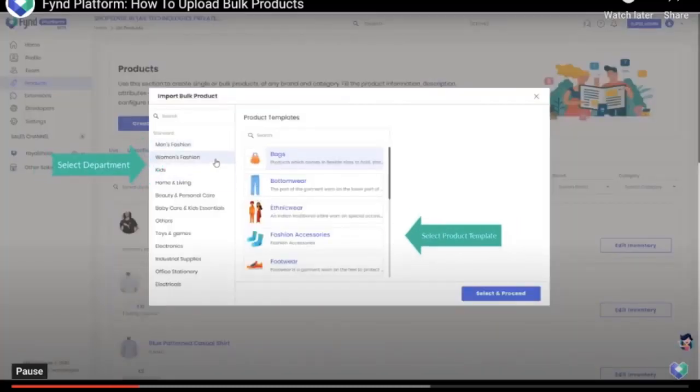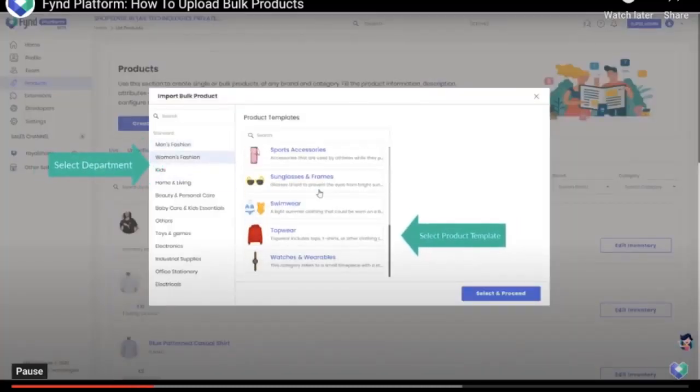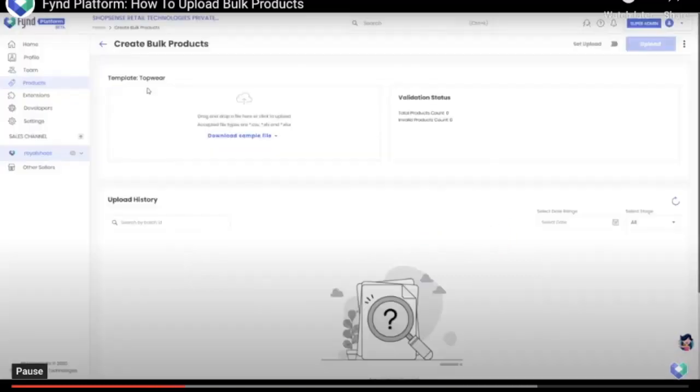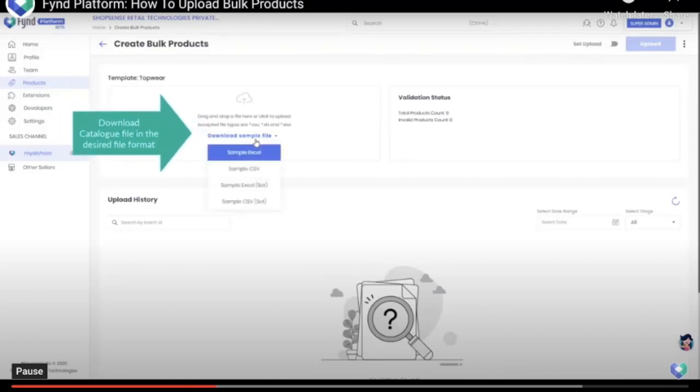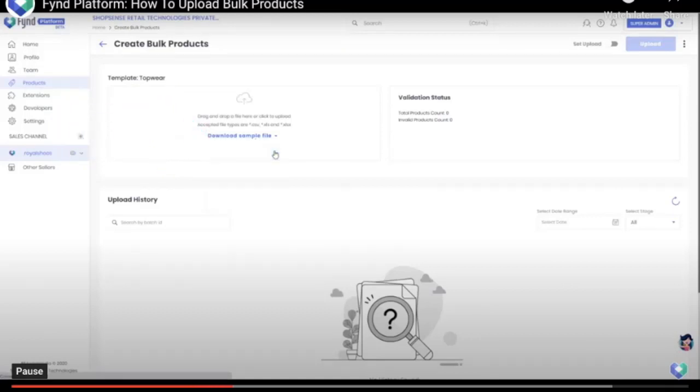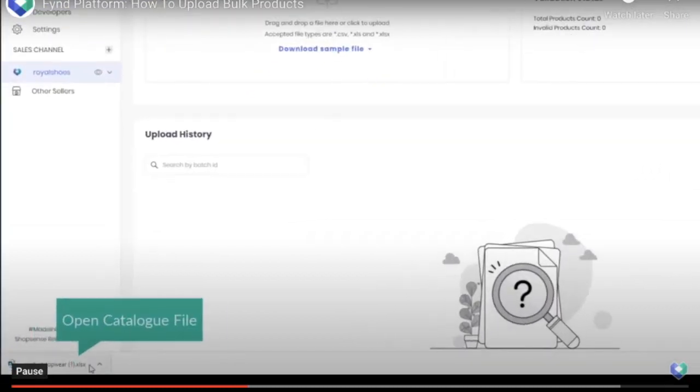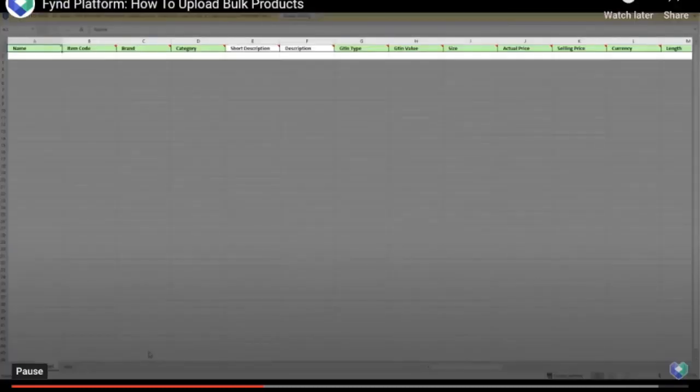You'll select catalog. Again, you will select the template that you wish to add your products in. You can download a sample file and you can choose the format that you would like to download the sample in.